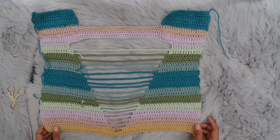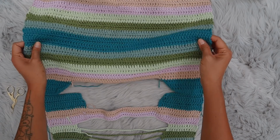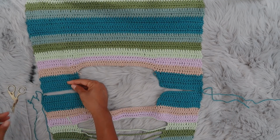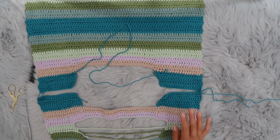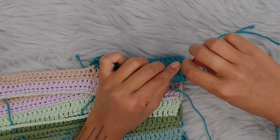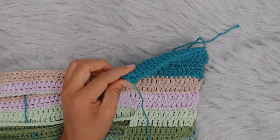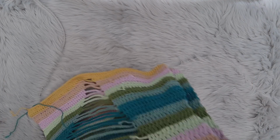And now is the time to connect both panels together. Now you're gonna have to use your sewing skill. Well, I'm just doing it very simple. Now you're gonna find the inside. I like to sew from the inside, so you choose which one is gonna be the inside and which one is gonna be the outside. Now you connect the shoulder part together, use the yarn needle, and you're just gonna connect it with the sewing with the yarn needle, or if you want to use another method, just do what you like. And here we go. After you connect both parts together, on the left and the right,